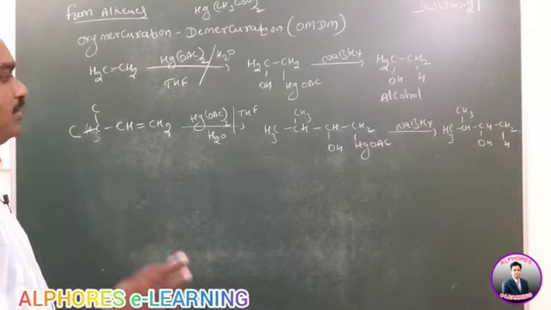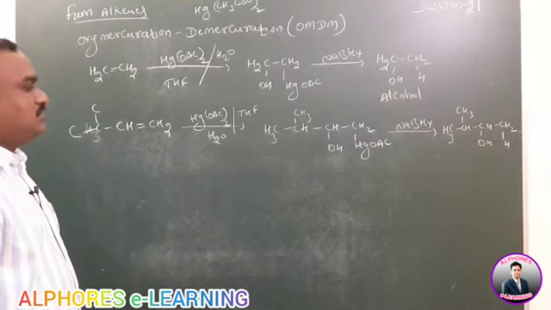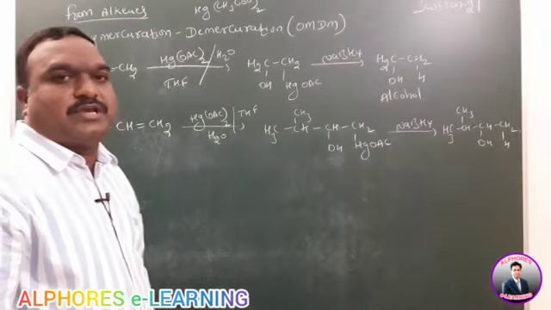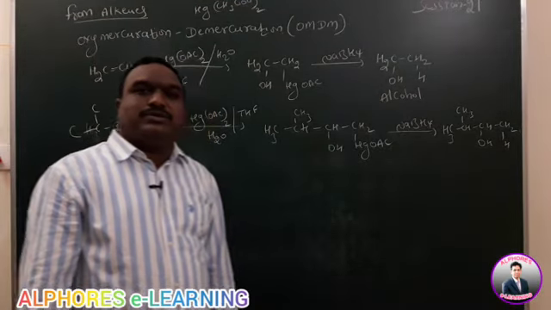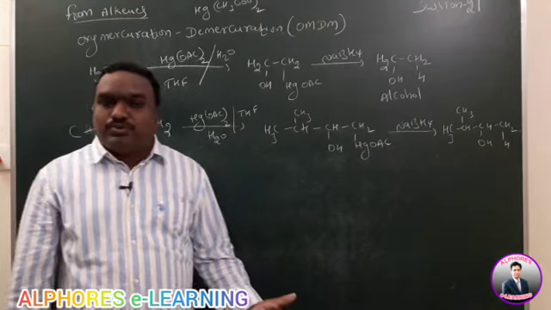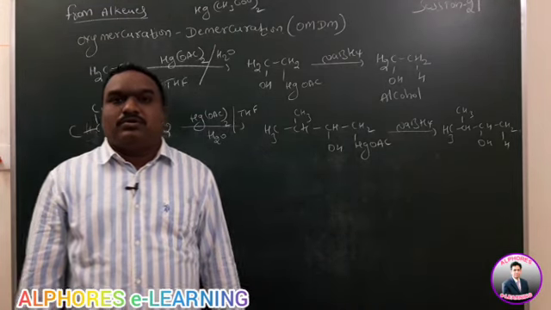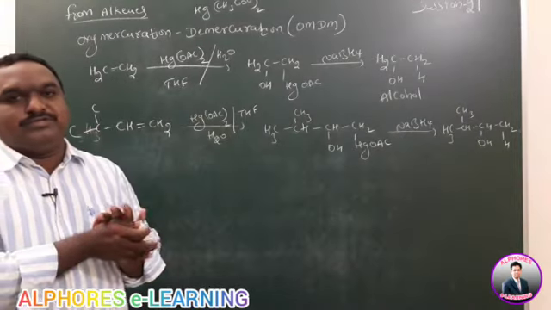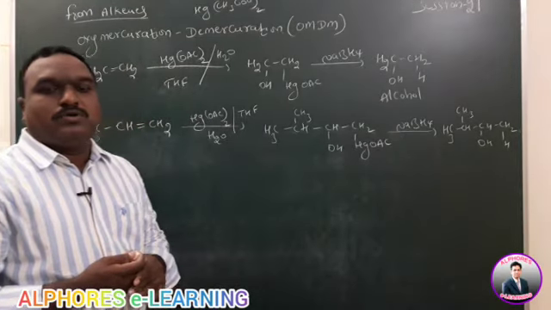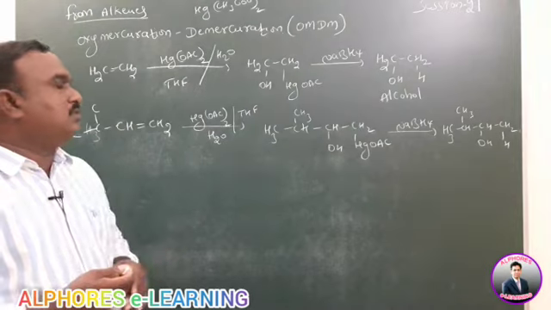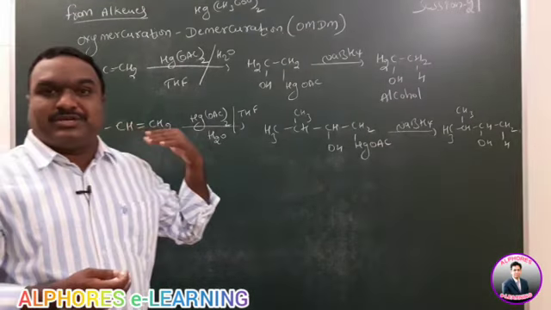Need not to do rearrangement in this case. Here also, same thing: the intermediate is a cyclic intermediate. Due to that reason, there is no chance to rearrange the intermediate. So addition is Markovnikov addition in this one also. So you remember, no rearrangement. In the previous case also, same thing.